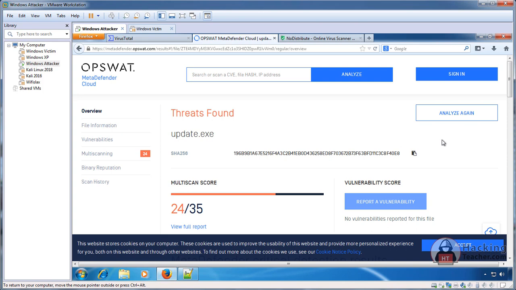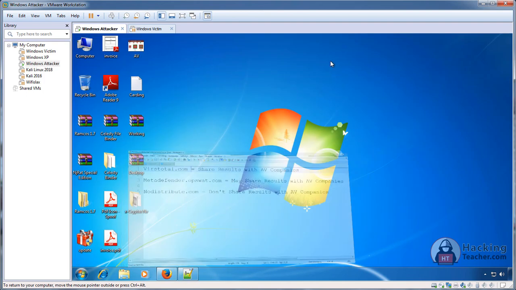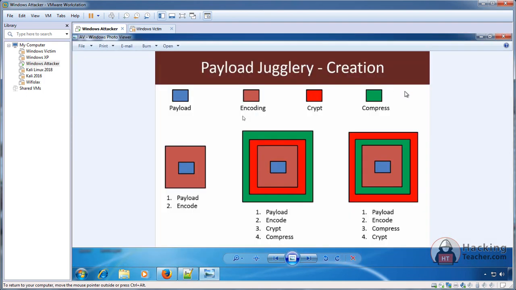But I'll explain more deeply how it works. I have a picture, payload creation. Now there is also one more name: you can also call the payloads your backdoors, your Trojans, your RATs. It's the same term which you could use. So if you see, the blue one is your Trojan. There are three methods you can use over your Trojan to make it undetectable. The first one is that you make a basic layer of encoding. So three things: encoding, encryption, and compression.